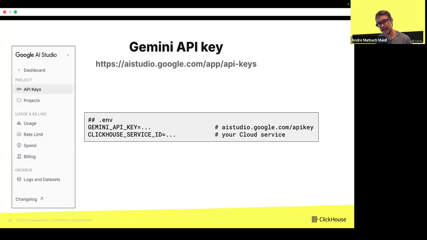Another thing that I did, I also got the service ID from my ClickHouse Cloud instance because by default, when you enable the MCP server in ClickHouse, it will look into all the services that you have enabled the MCP protocol in your organization. Since I wanted to restrict only to this service that I'm using for the demo, I also created this environment variable to use a particular ClickHouse service for this demo.